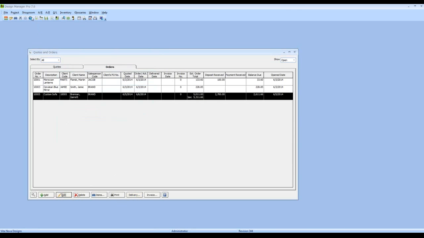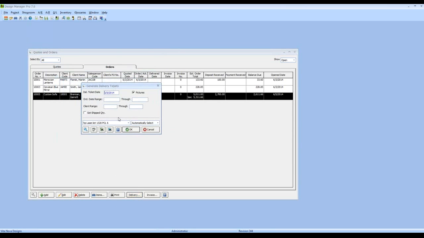I can, again, go to Showroom and create my delivery tickets manually, but I like to use the Showroom module to do so automatically for me. If I click Delivery, that brings up the generated delivery tickets. And let's say this is going to get shipped out on, let's say 6/20. I could make a delivery ticket for all of the orders in a given date range, or even for a particular client. Let's say